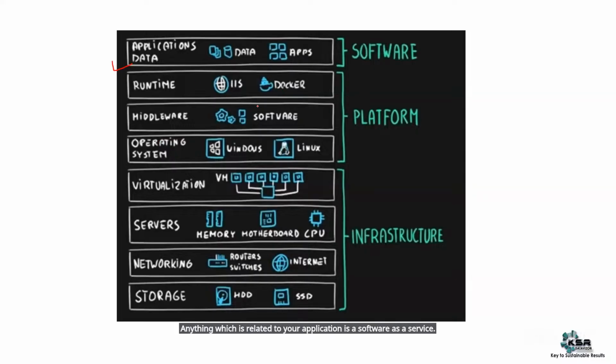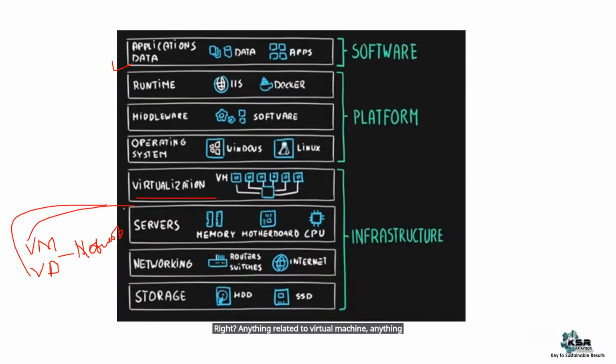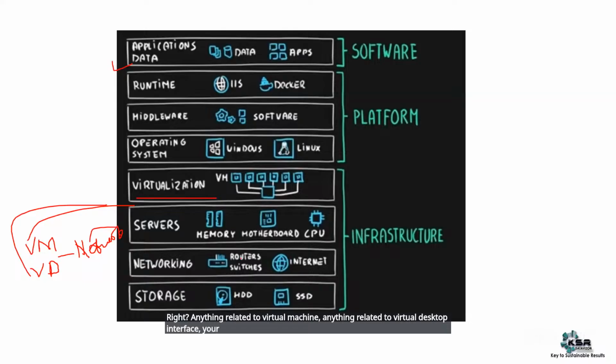Now, maybe you are part of some project and you're using some client infrastructure, your client access. How would you use that cloud client access? We use some virtual machines, some virtual desktops. These virtual machines and virtual desktops you need to connect via a network, so you need to create a network. That network and all those servers are part of infrastructure. You see virtualization: anything related to virtual machines, virtual desktop interface, your networks, your servers,